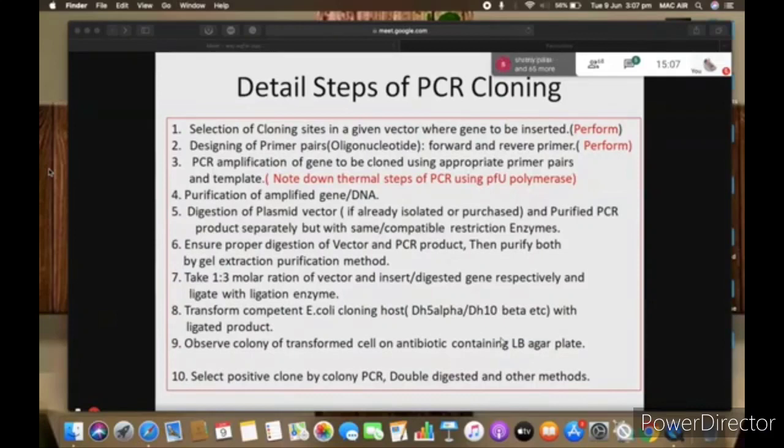If you are doing blue white screening, you will get some blue colonies and some white colonies. From the colonies, you have to select the positive clone either through colony PCR or through double digestion.